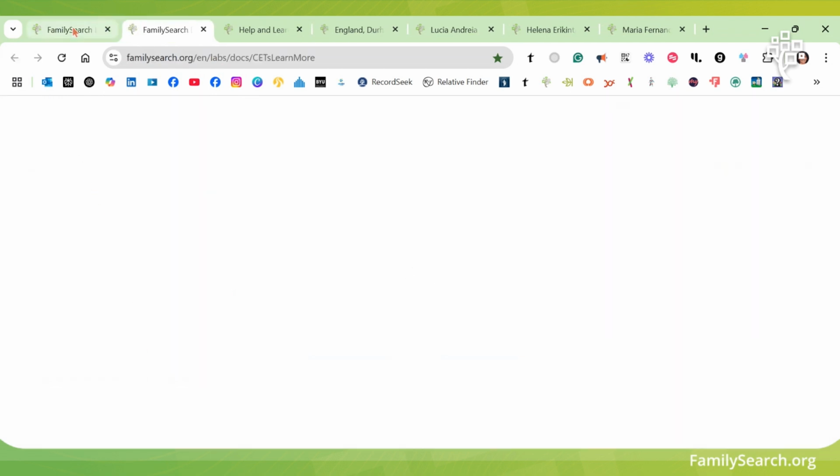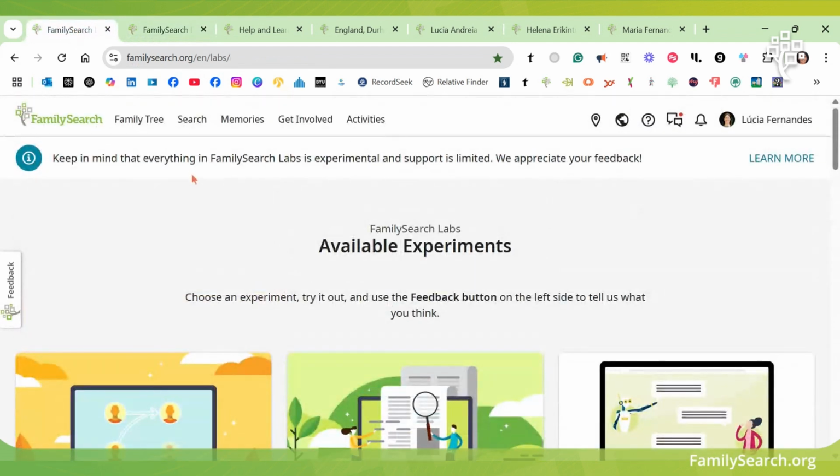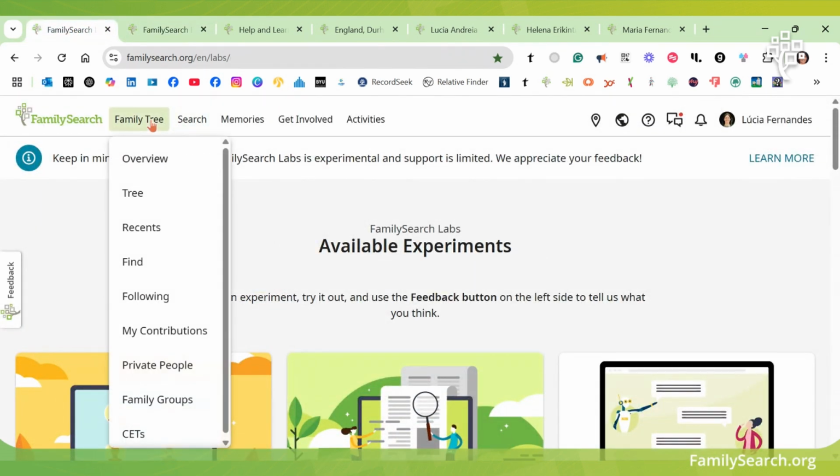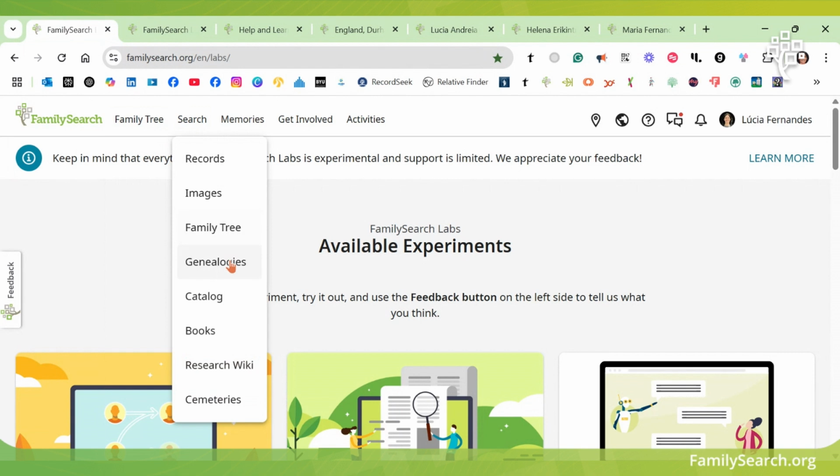And I can even show you where it is. So when you go here, you have genealogies. So this is where we used to put our GEDCOM files to have a tree and be safe here. The thing is, they could not be edited,